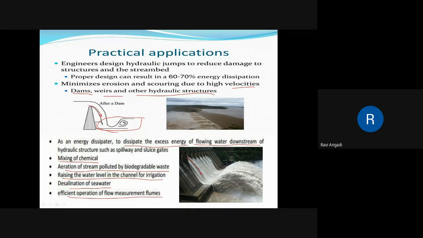The main application is to prevent scouring of the bed of the channel and to reduce the energy. The hydraulic jump is provided. Always the water has to fall over the water. The stilling basin is provided. Always it has to jump and move forward. Otherwise, if it is falling with a high velocity, what will happen? The bed gets scoured. The scouring will take place and it will automatically affect the structures. Is it clear? Yes, sir.